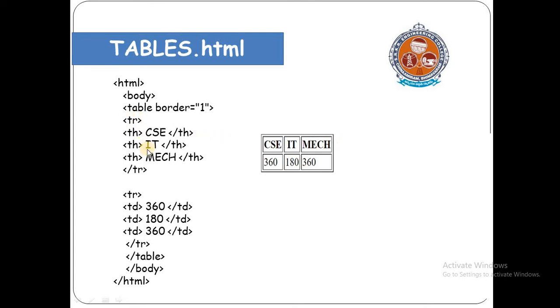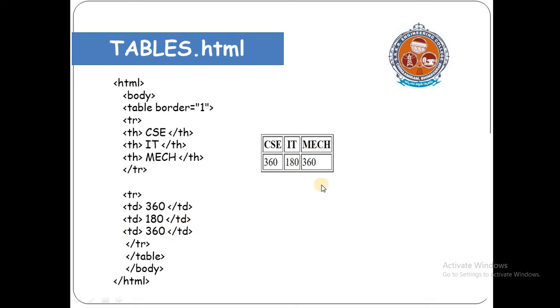For the first row, tr, I have closed it. In tr I have given three cells. In each cell I have given th, which is nothing but table heading. Table heading means it is shown in bold. Next th, IT, next th, Mechanical. Likewise every tag must be closed. In this table row, close this table, it is each table cell. So remember and be careful while closing the tags. This is one table row. After completing the table row, go to the next table row.